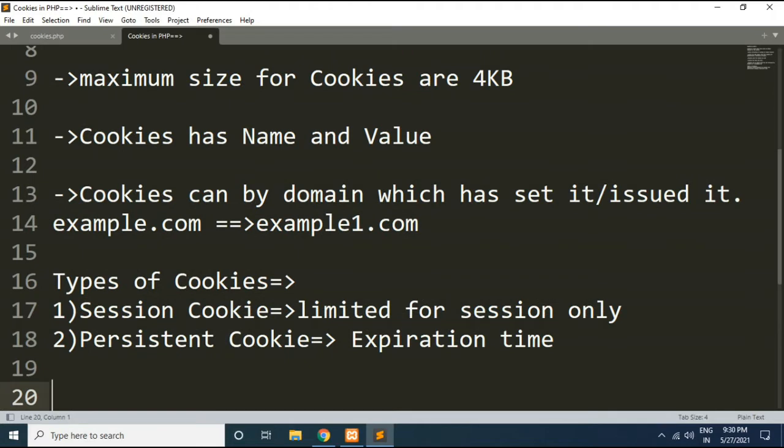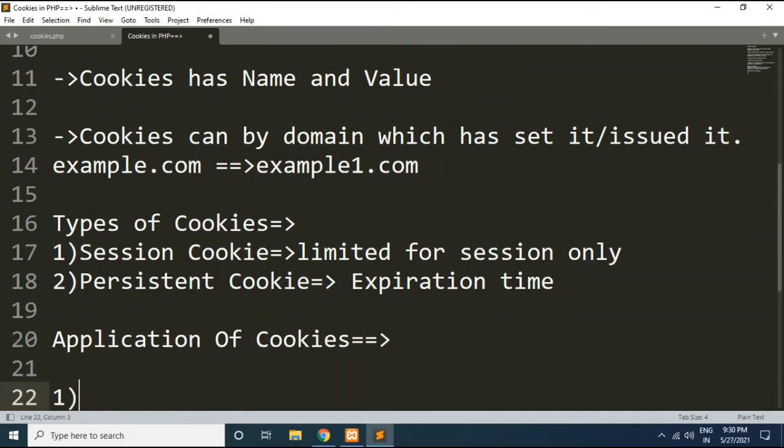Now friends, we will see what the applications of cookies are, where cookies are useful. The very first use of cookies is to store important information regarding the user. Whenever a user visits a certain website or web application, these cookies are created.